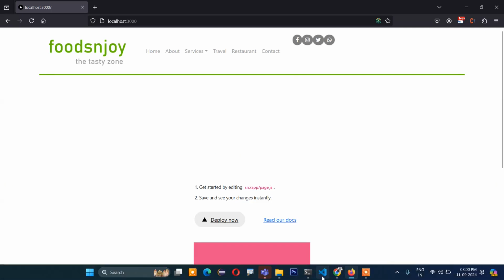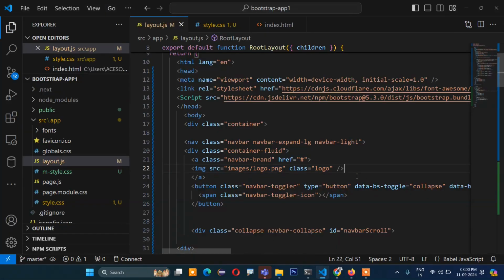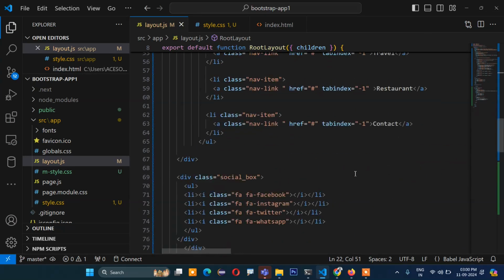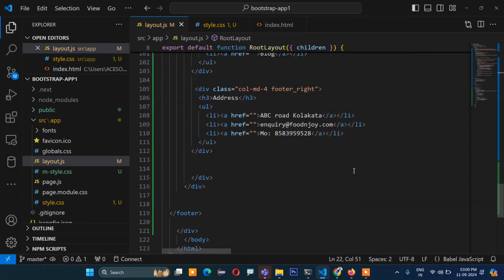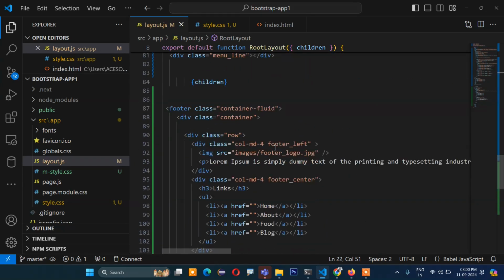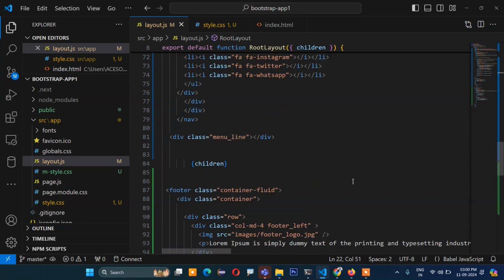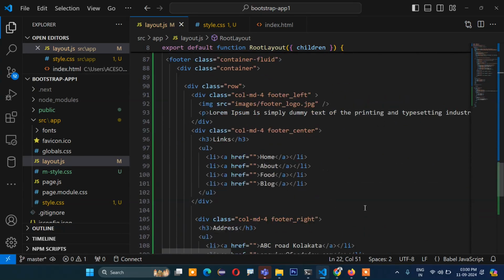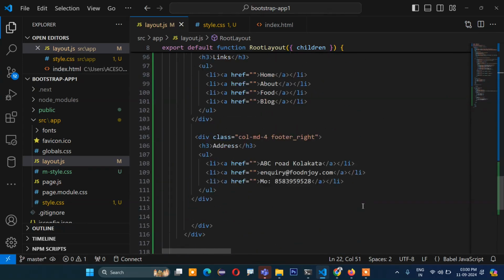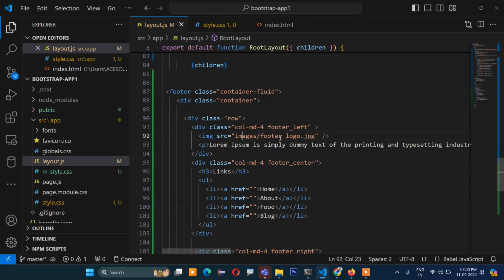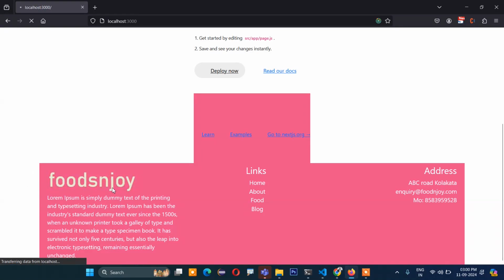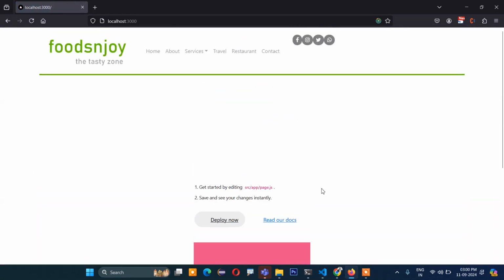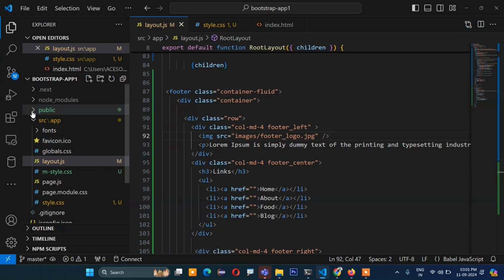So what we need to do, this one is the logo, and in the footer also, somewhere there is an image. Images, then footer logo. Where is the logo? Images, src logo. The same thing should come in the footer also. Where is that? Images, footer, logo, jpg. Yeah, so you can see this one is also coming. The images are now perfectly coming. So what we have done is put the images inside the public folder. Okay,